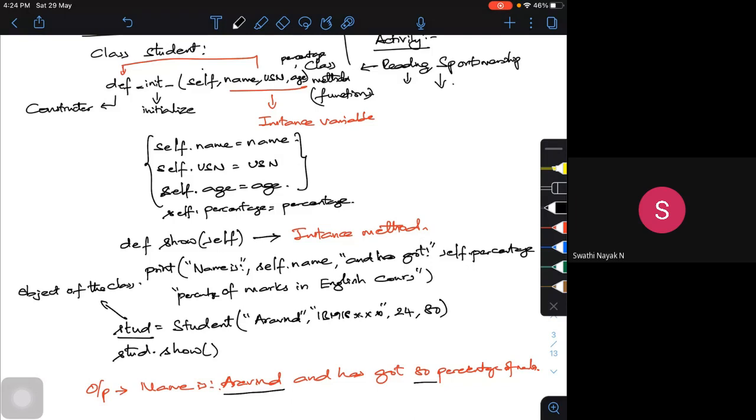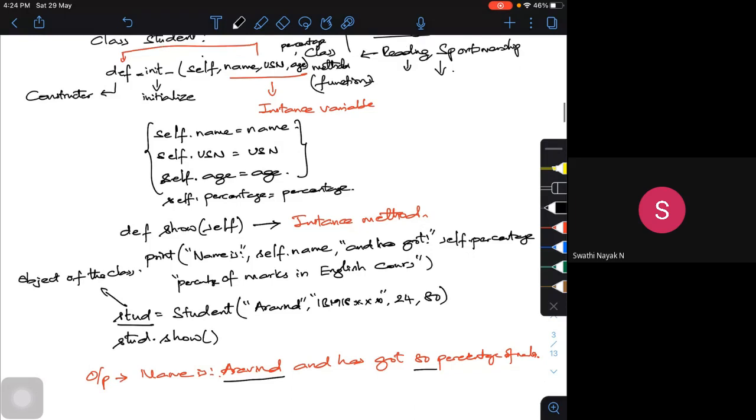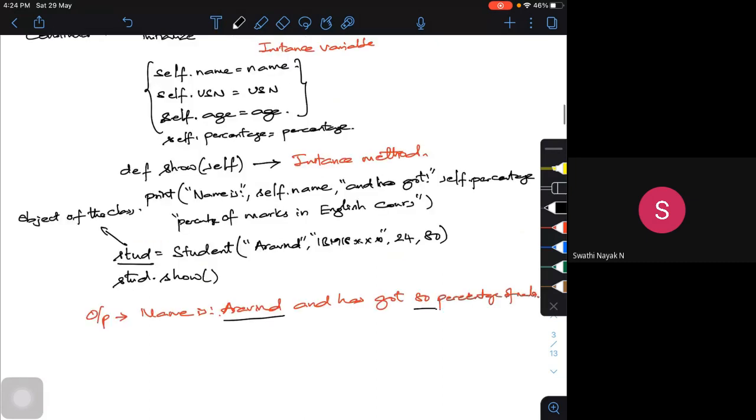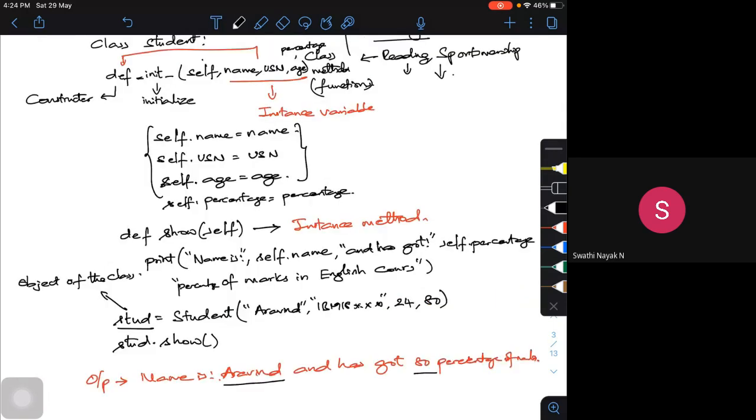If I use this constructor and try to create three objects, the constructor is called three times, and each time the object is initialized. So that's an advantage of the init function, or we call it init constructor or init method.